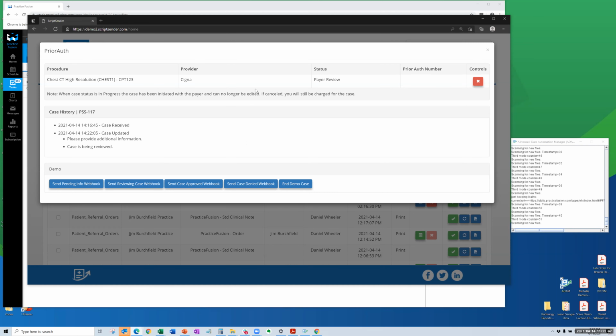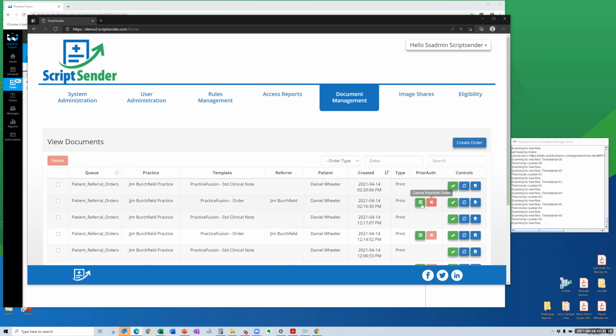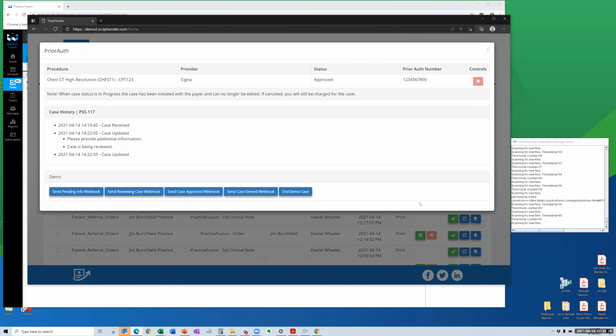So once they have the payer review acknowledged and they have the case approved, the webhook would then be performed in Infinix and sent back to Script Sender. And now what you see here is the color coding has changed. So it's no longer blue, it's green. When I hover over it, it says prior auth completed. And so if you were logged in as an administrator here, you would see that, okay, I have a prior auth that's completed. Let me take a look at that. And there's all the information that you have. The status is approved. The prior authorization number has been provided, and there's every one of the steps that happened